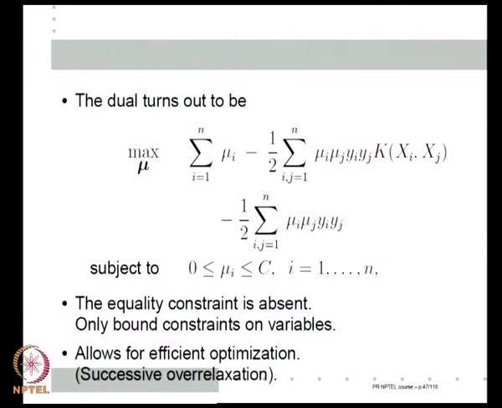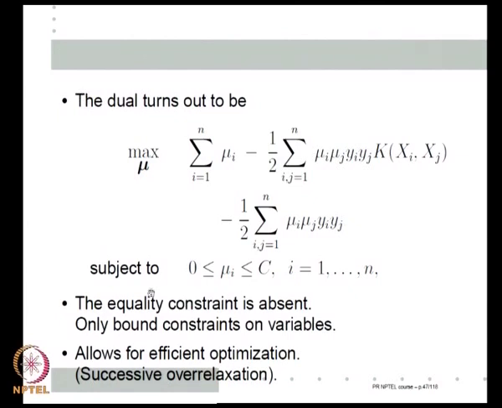Gauss-Seidel relaxation simply says I start with some point, some solution point, then calculate the new value for the first variable from the first equation by using the old values of all the other variables. Then I calculate the new value for the second variable from the second equation and so on, right. And it is very easy for me to implement this constraint,